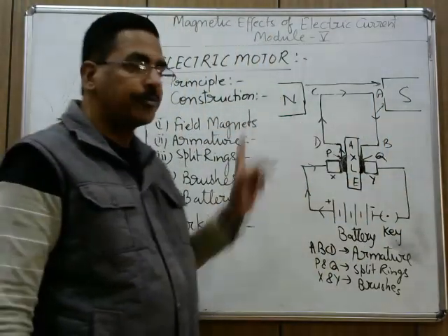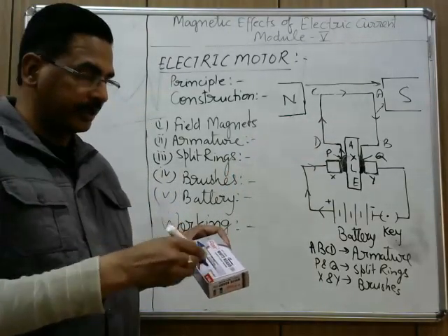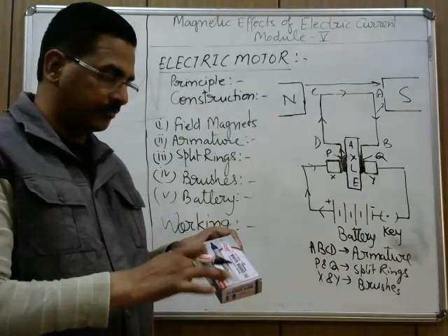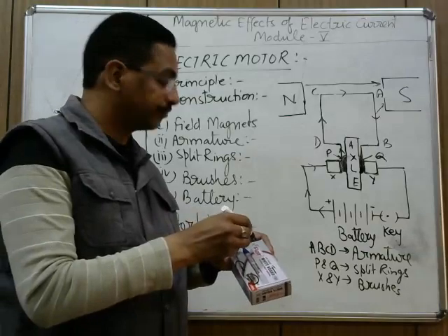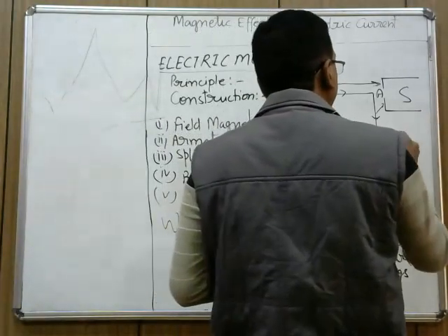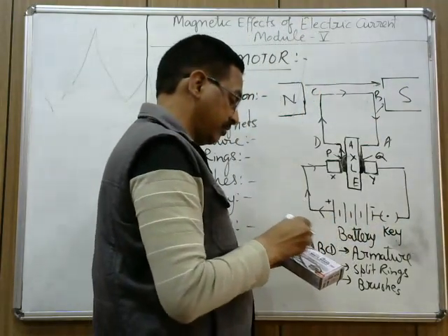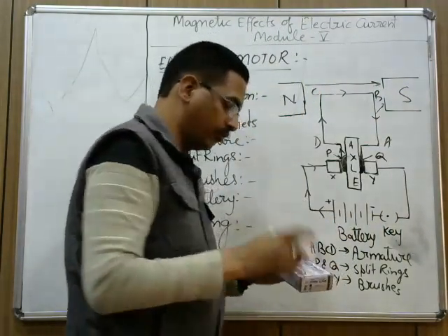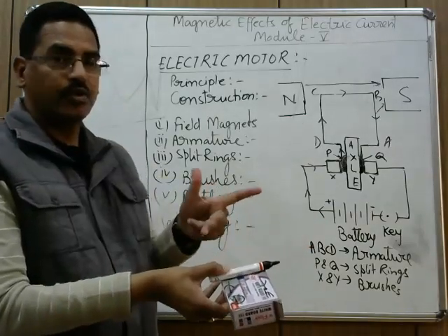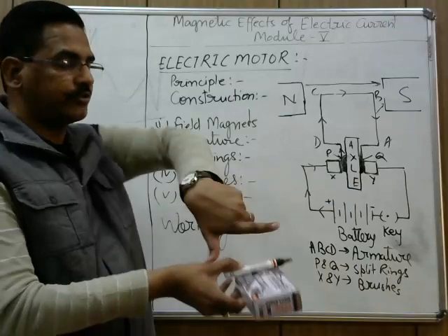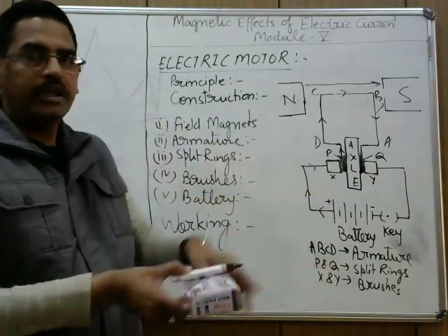And since it is upward, again by the same rule, here it is C, here it is D, current is upward. Here it is A, this is B, current is downward. Again, D to A current is flowing. Direction of current D to A. So this is the direction of current. Magnetic field is in this direction. Force in the downward direction.